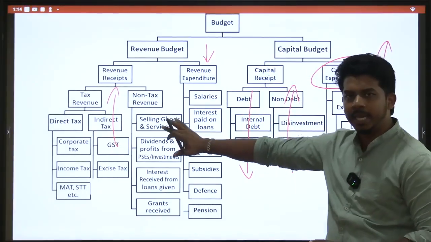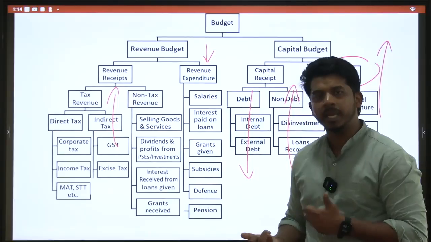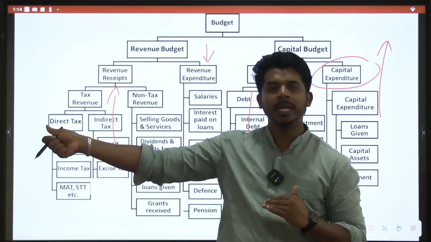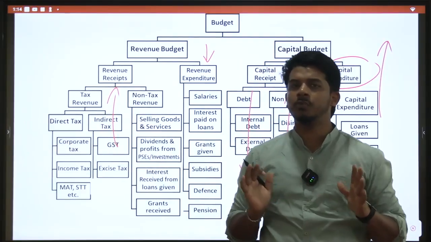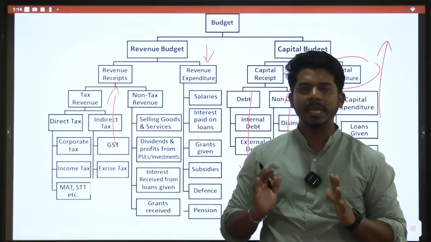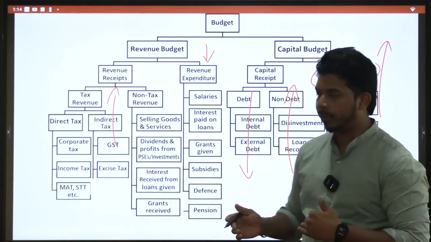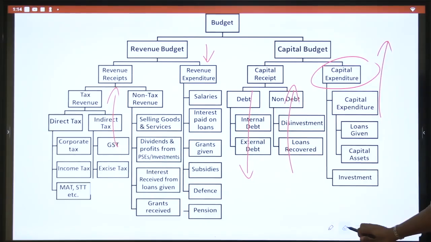So this is the theory. Now let us see how the government is doing this. The government is reducing the fiscal deficit from 9.2 in 2020 to 4.4% in 4 or 5 years. The debt of the government of India is also coming down. So how is the government of India doing this? Let us see.